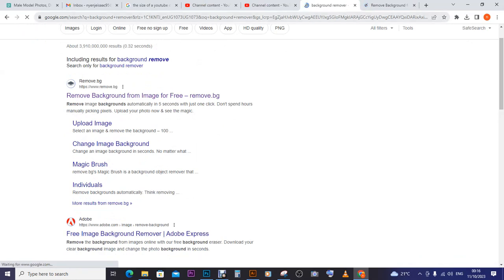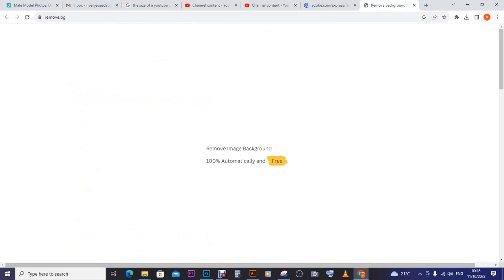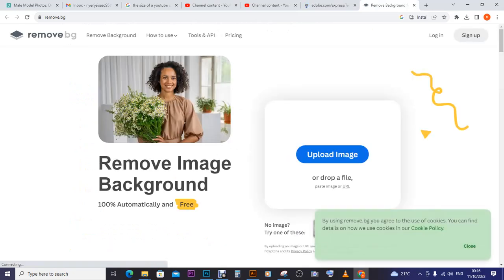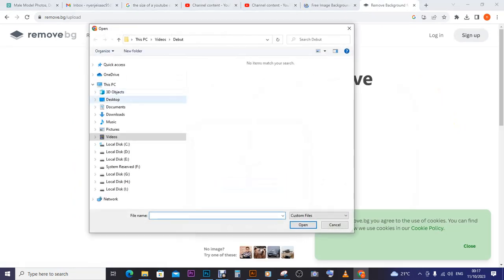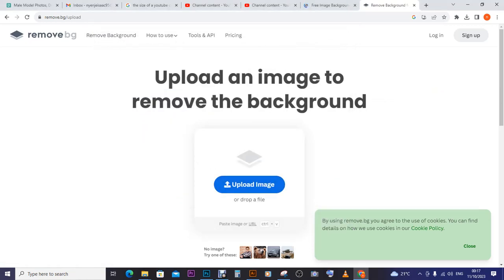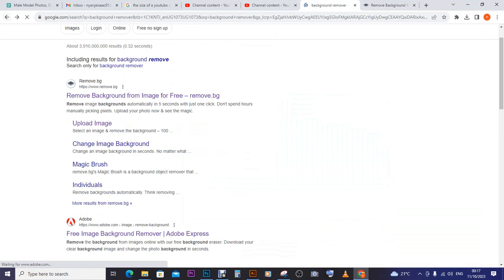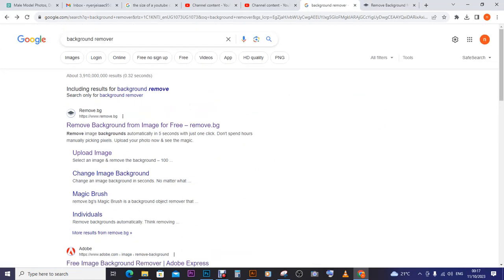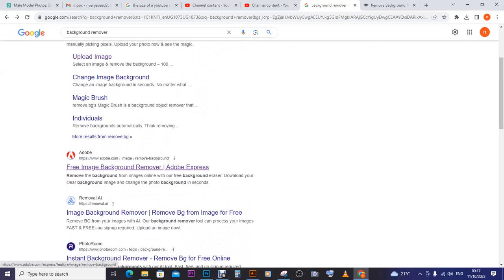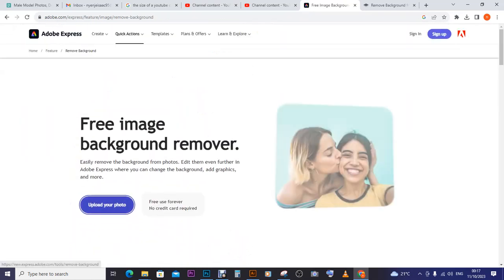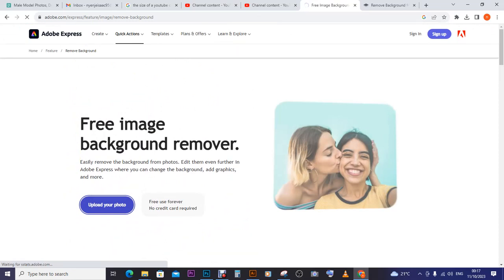I already showed you in some of my previous videos, but I believe there is someone new here who is not aware of any of these, so I would love to give that person a chance to also learn. So what you do, you come and click on upload image. Here I just typed into my Google Chrome, background remover, and then these websites show up. You can click on any of these websites as it is. So you now click on upload photo, and the moment I click that,